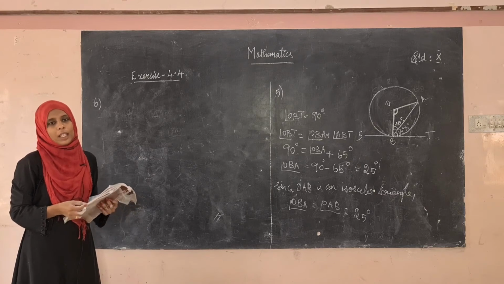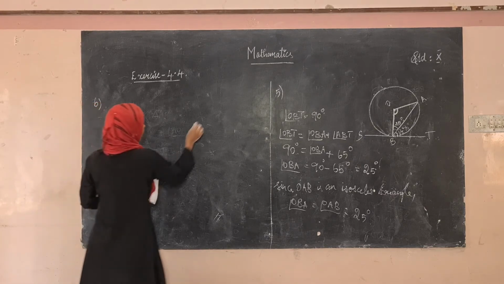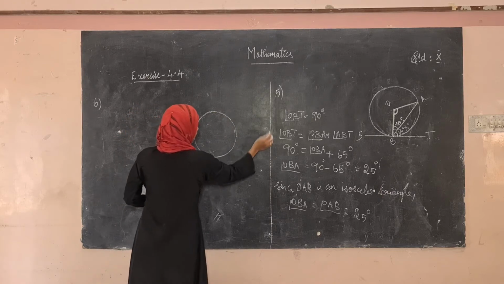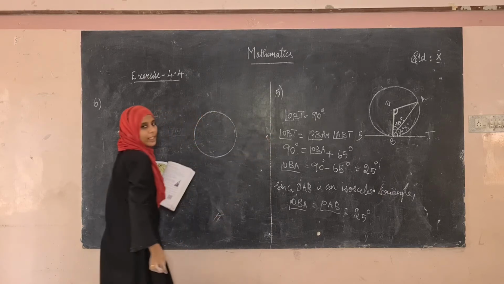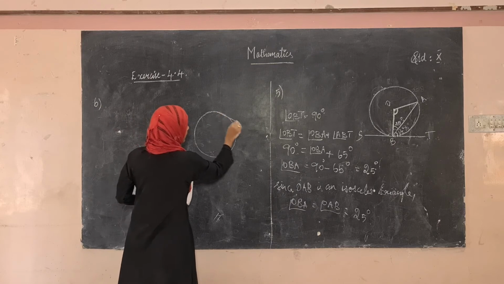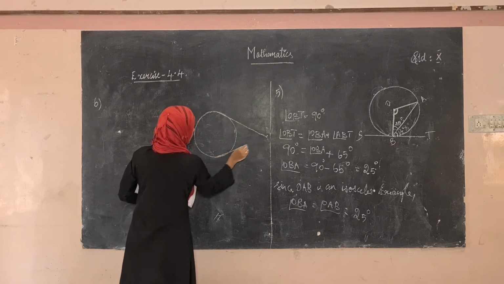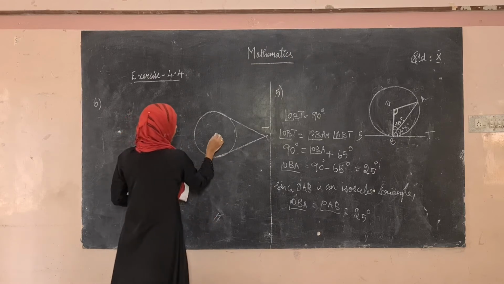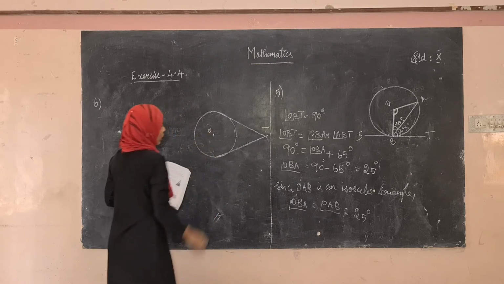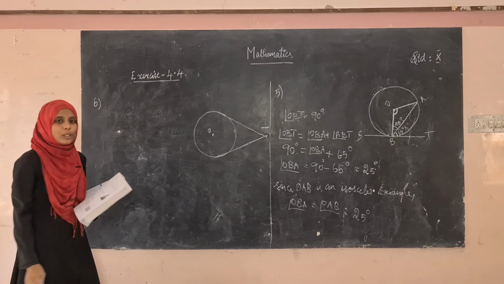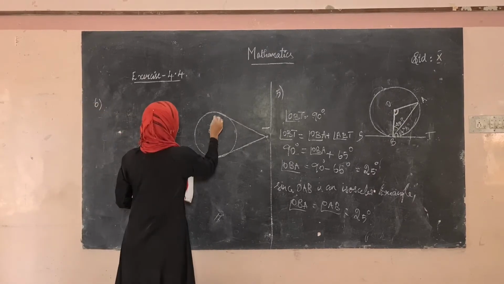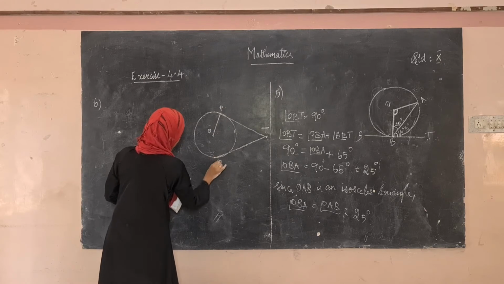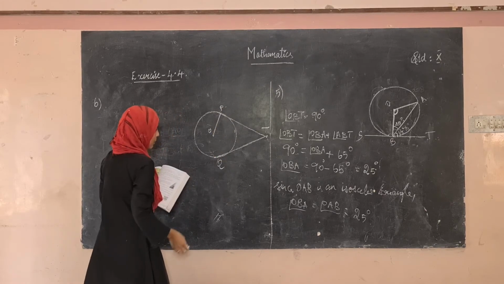So they have given the diagram in your book. See, the diagram is like this. There is a circle and there is a point T. From that point they have drawn two tangents. So these are the tangents. This is the point T and the center of the circle is O. So in your question they have given that the radius of the circle is 5 cm. Okay, so let this be the point P and let this be the point Q.